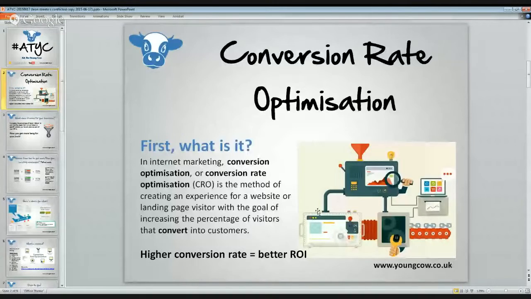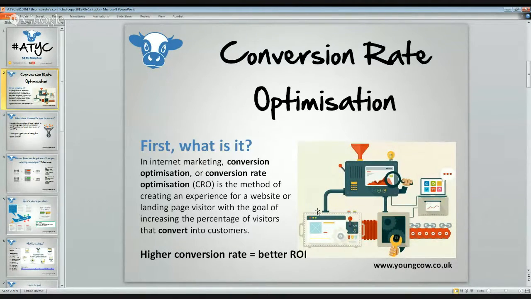So, today's topic, what are we talking about, Jack? Let's fire that off. Today we're talking about conversion rate optimization. This is an important topic, especially if you are doing internet marketing campaigns. It will make the difference between really being successful or just being mediocre in your business when you're doing your campaigns. It's an important part of your marketing strategy. I'd like to jump into the presentation. I'm going to let you tell the listeners and the viewers what conversion rate optimization is.